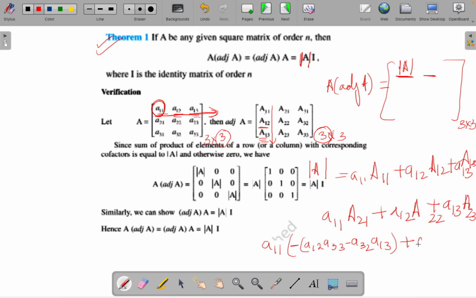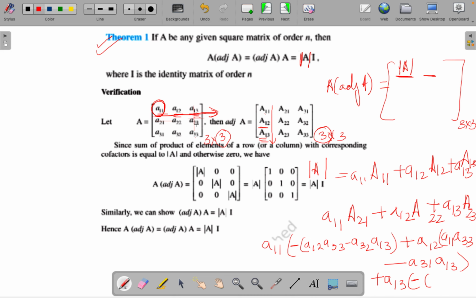Similarly, when you will open this, A22 लिखोगे, forget the row and the column, so A11 into A11 A33 minus A31 into A13 प्लस A13 इंटू A23 का लिखना है कोफैक्टर, तो अगेन फॉरगेट द रो फॉरगेट द कॉलम, माइनस साइन आएगा, राइट,